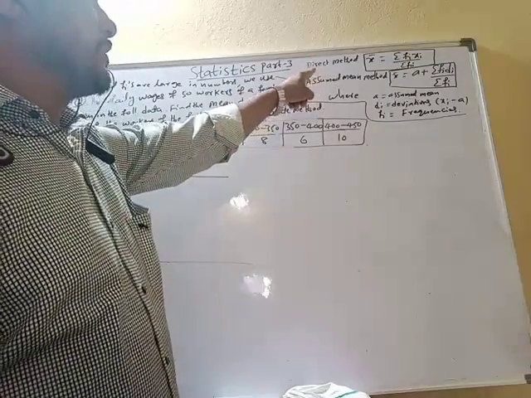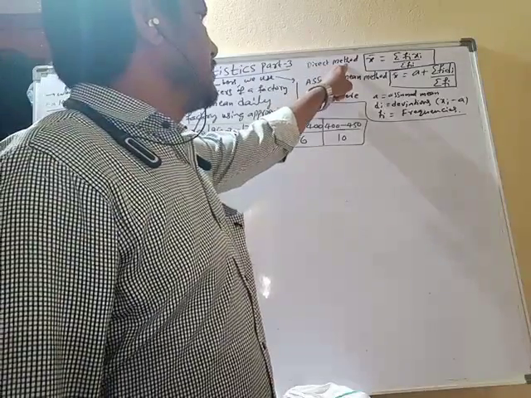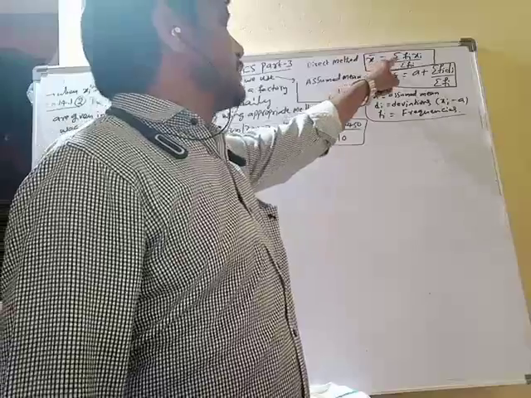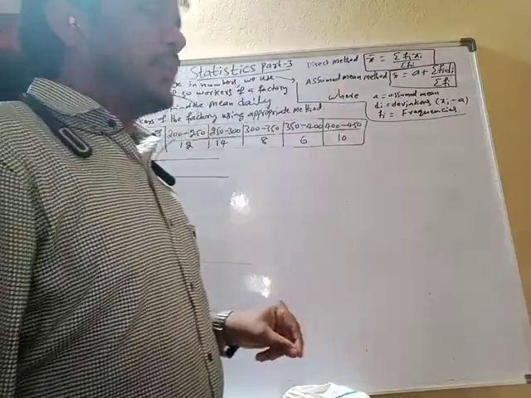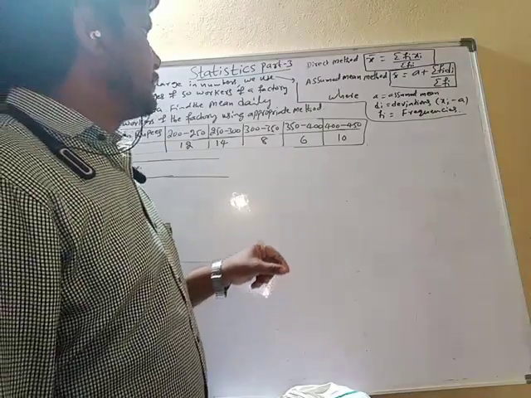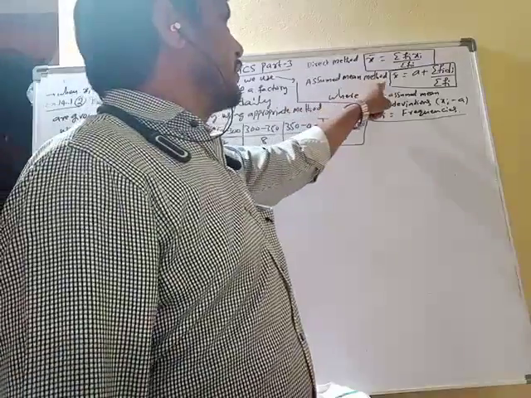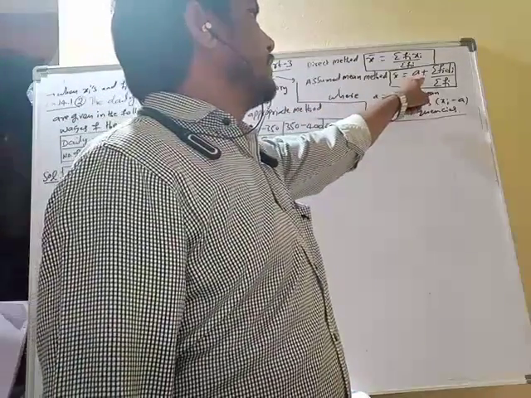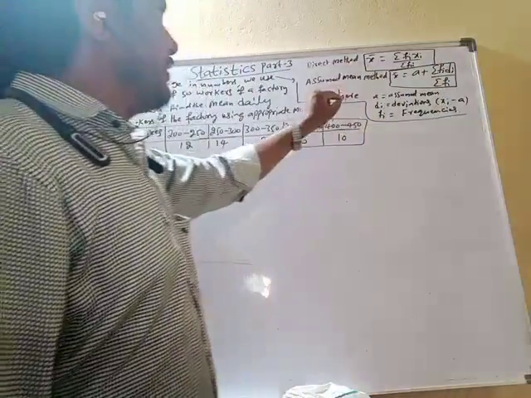Yesterday we discussed the direct method, that is, finding the arithmetic mean using the direct method. The formula is x bar is equal to summation fi into xi by summation fi. Today also we are going to find the arithmetic mean, but the method is called the assumed mean method. The formula is x bar is equal to a plus summation fi into di by summation fi, where